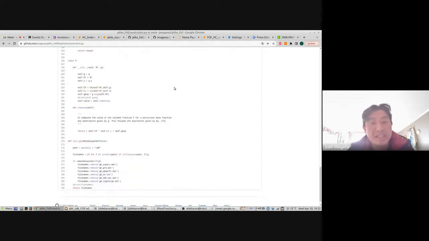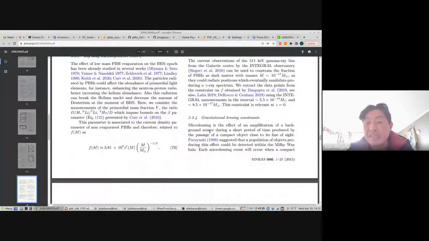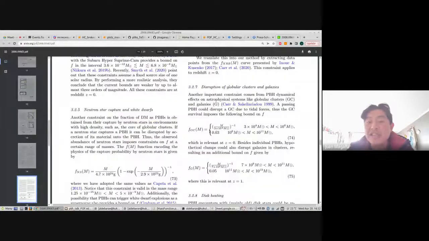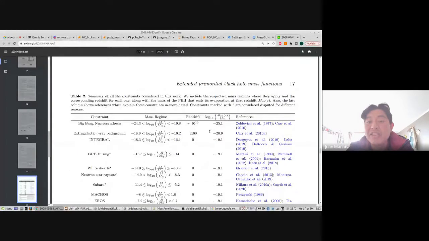Also, we can consider different observational constraints. For example, here in the Joaquin papers, he showed this table in the first session.